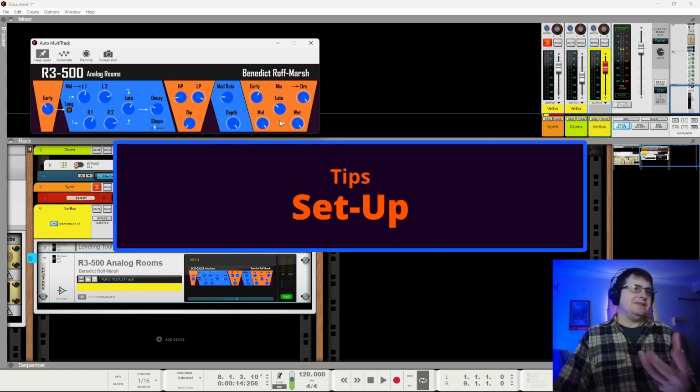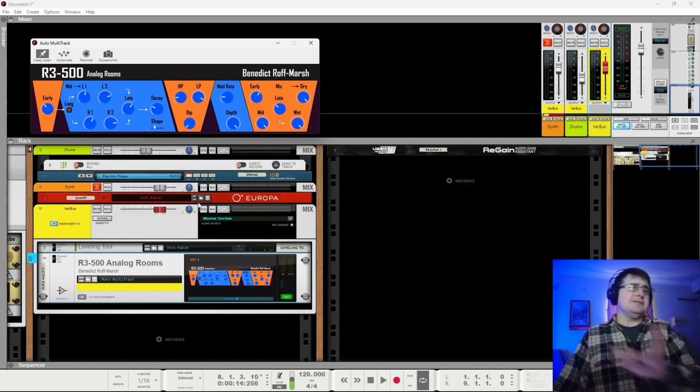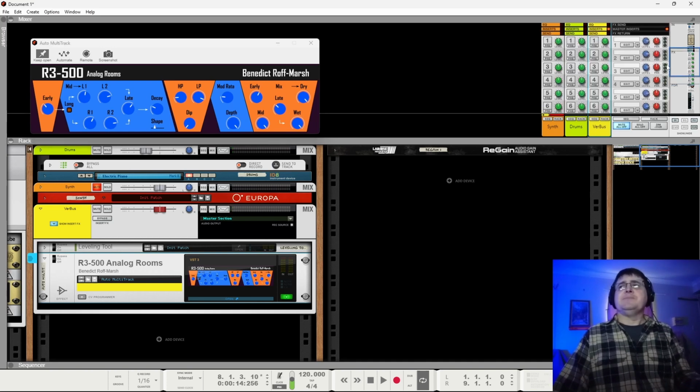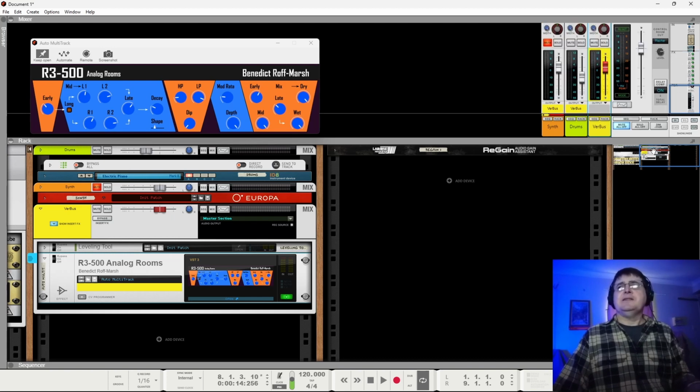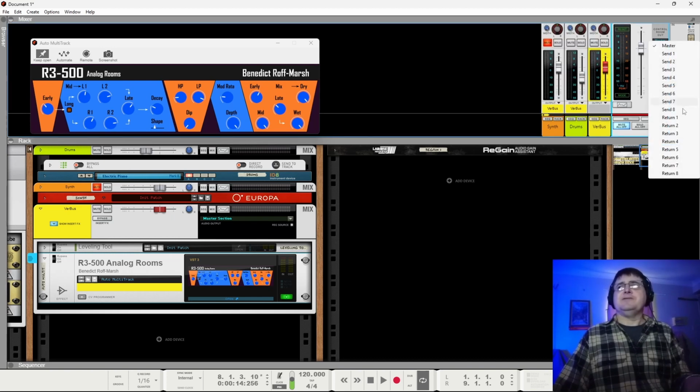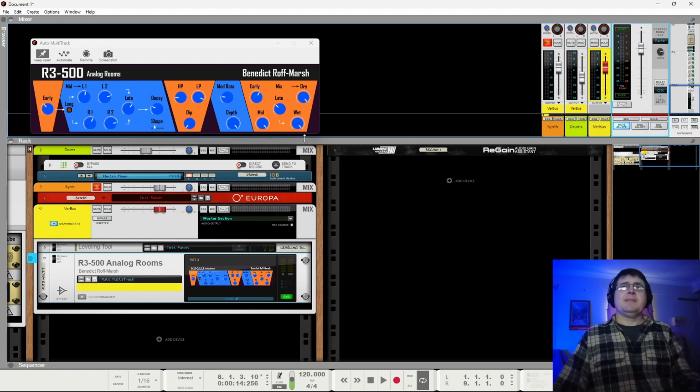So I would recommend when setting up a reverb to put this on your send, because I always set my reverbs on sends. I have very few reverbs on instruments. Again, I use echoes at that point. So I would be using my send to that, return here. Reason's great because you can flip across to here, just listen to your return, and then I would be listening 100% wet,